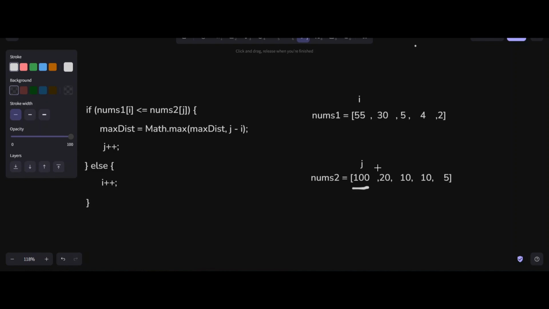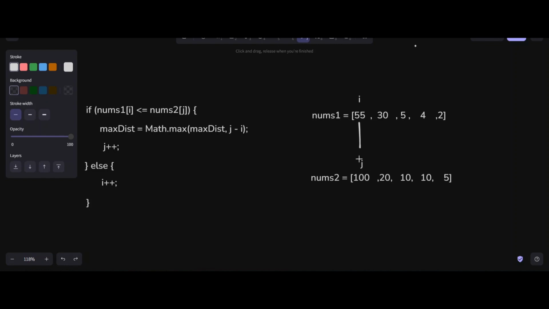मुझे पता है 100 मेरा एक वैलिड आंसर है, इसके बाद के जो नंबर्स हैं या तो वो 100 के इक्वल या उससे छोटे होंगे। अगर मैं 100 के राइट साइड में जाता हूँ तो या तो मुझे इक्वल या फिर छोटे वैल्यूज मिलेंगी। तो क्या मुझे जाना चाहिए? यस, क्योंकि दैट्स व्हाट माय मोटिव इज। अगर मैं इसके राइट में जाता हूँ तो क्या उससे मुझे कुछ फायदा होगा? यस, क्योंकि i आपका यहाँ पर है और j आपका अगर आगे जाता है तो इवेंचुअली आपकी डिस्टेंस बढ़ रही है, एंड दैट्स व्हाट एग्जैक्टली यू नीड।